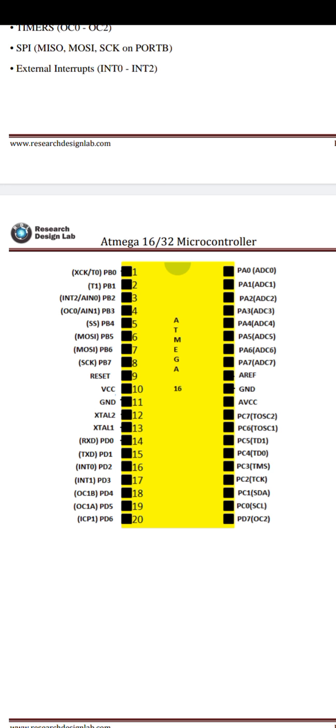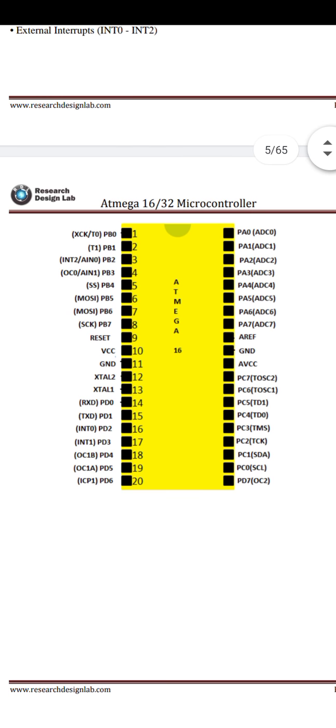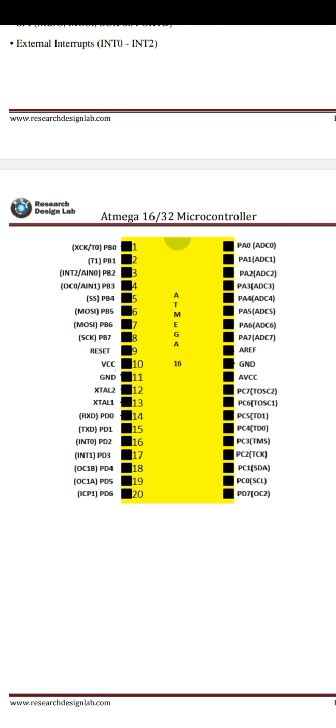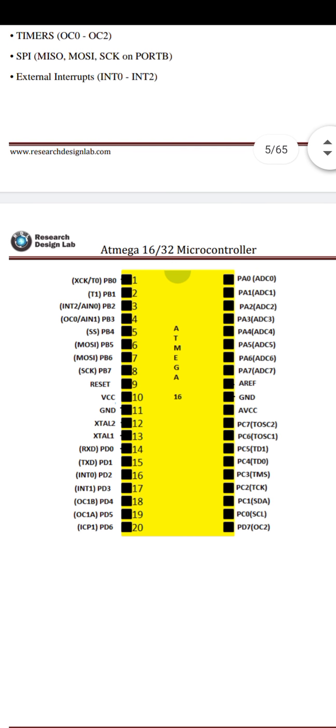XTAL1 and XTAL2. Pins 14 to 20 are used for PD0 to PD6, and pin 21 is PD7. Pins 22 to 29 are PC0 to PC7.